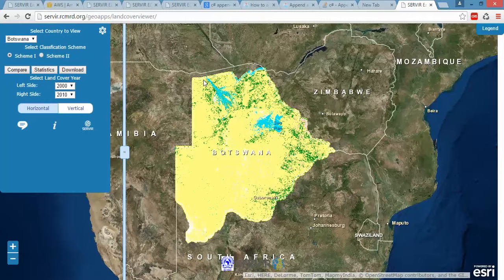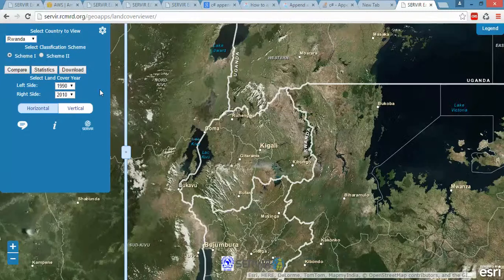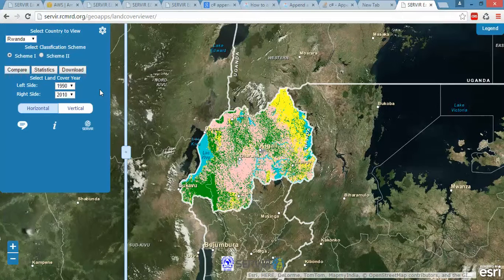The LandCoverViewerTool was developed to enable visualization of land cover maps which were developed for greenhouse inventory for about 6 countries in Africa, and many more are still being developed. This tool, by just changing the country, it will zoom to that country and display to you the maps for